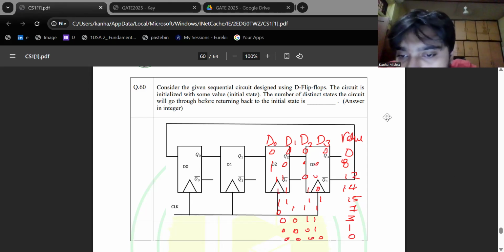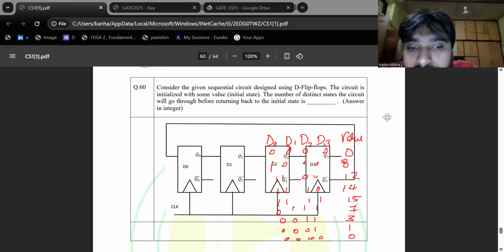So how many states? 1, 2, 3, 4, 5, 6, 7. The question asks for the number of distinct states the circuit goes through before returning to the initial state. If we see 0, 0 is the same, so 7 states. So the number of distinct states the circuit will go through before returning to the initial state, including the initial state,